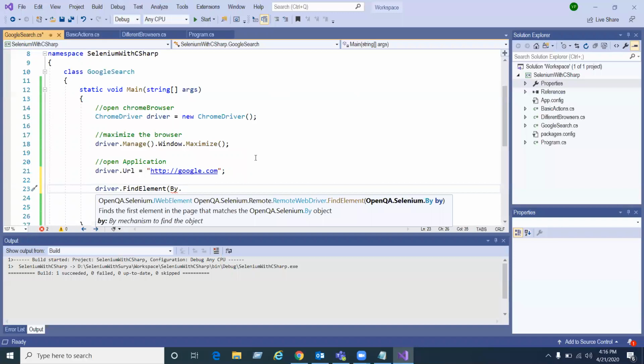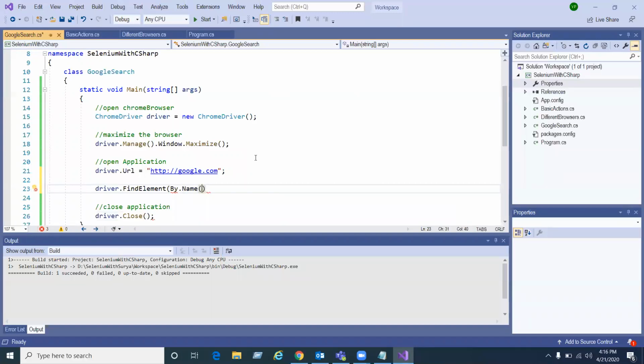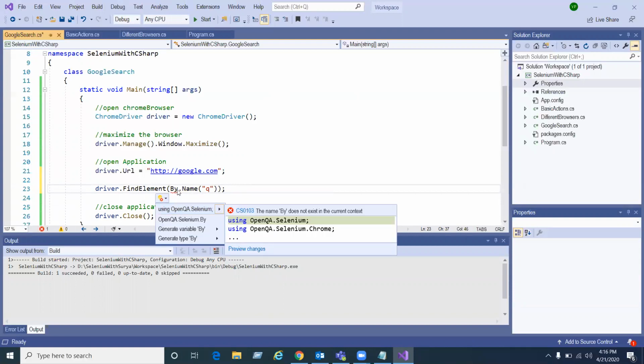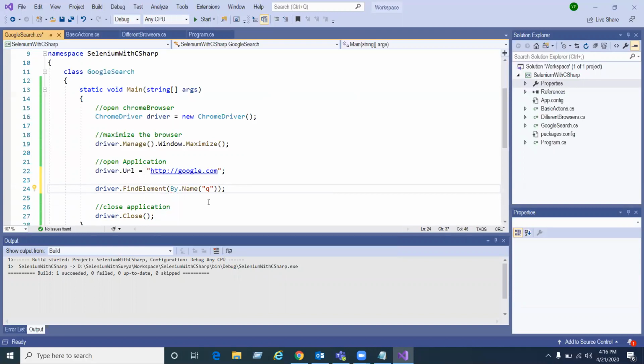We are using the locator called name, and the locator value is Q. Let us import by. This by also comes under the openqa.selenium namespace.